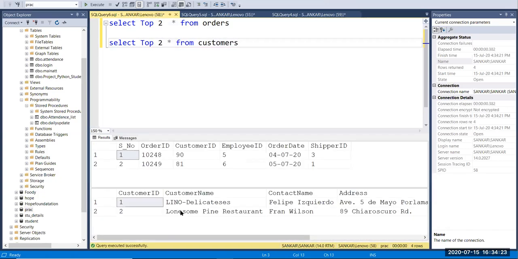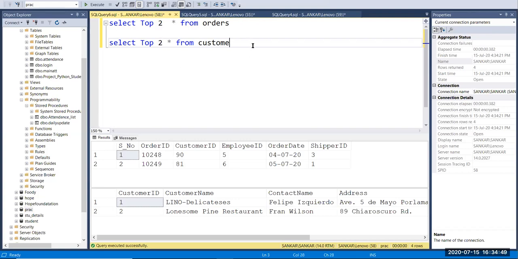Now you can see we have a common column between the customer table and order table. So now you can connect both tables and get the customer name, contact name, addresses, and whatever you want related to the customer. Now you can fetch the data, right? Because we have a common column between customer table and order table.